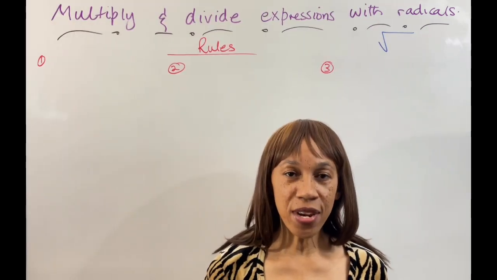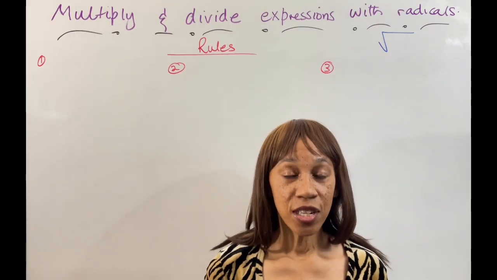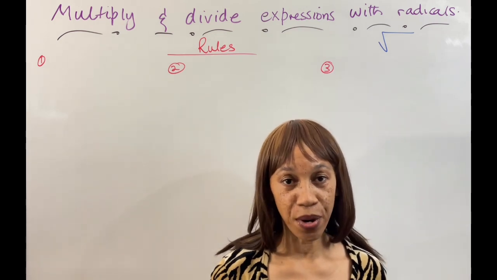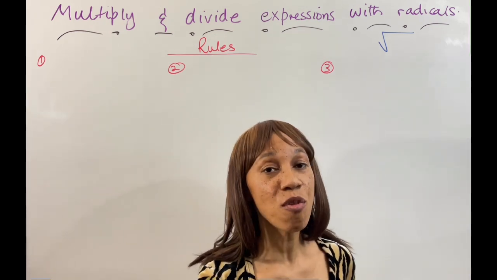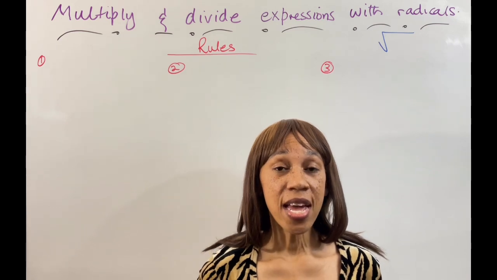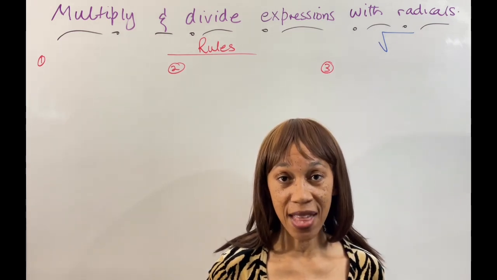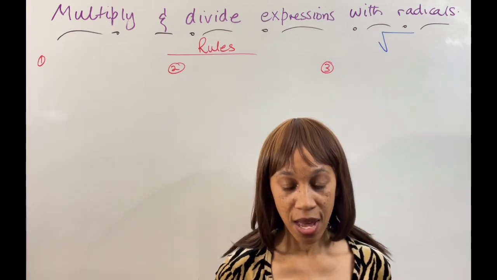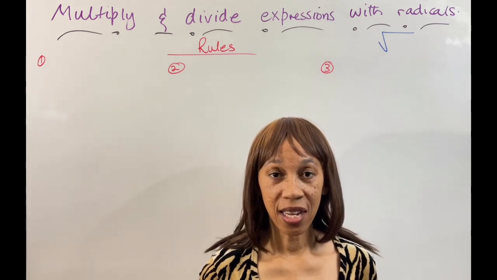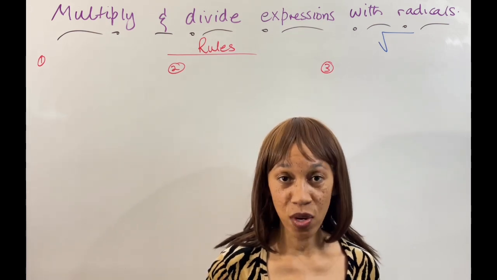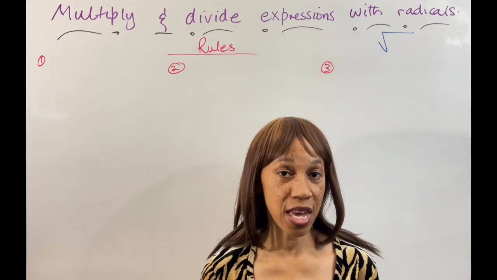The square root of a number is a number such that when you multiply it by itself, it is going to give you that number. So say for instance, the square root of 25 is going to be 5. When you do 5 times 5, that will give you 25. In other words, we'll say that the dimension for the length is 5 units